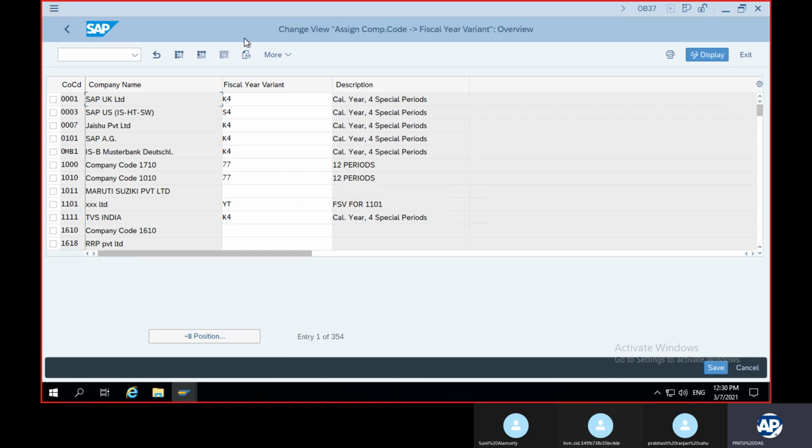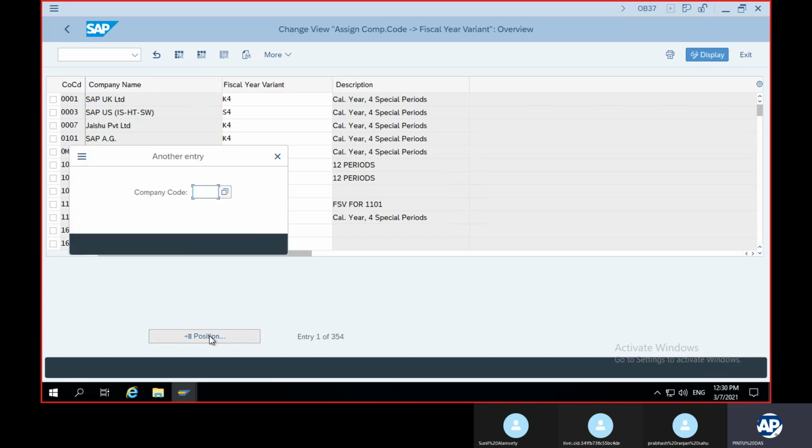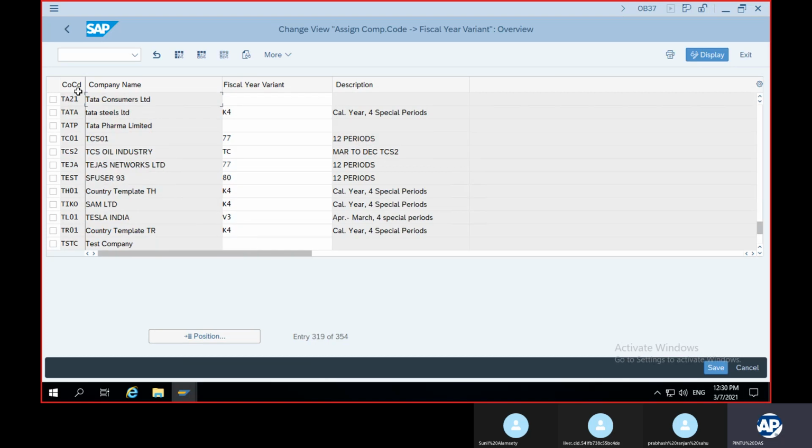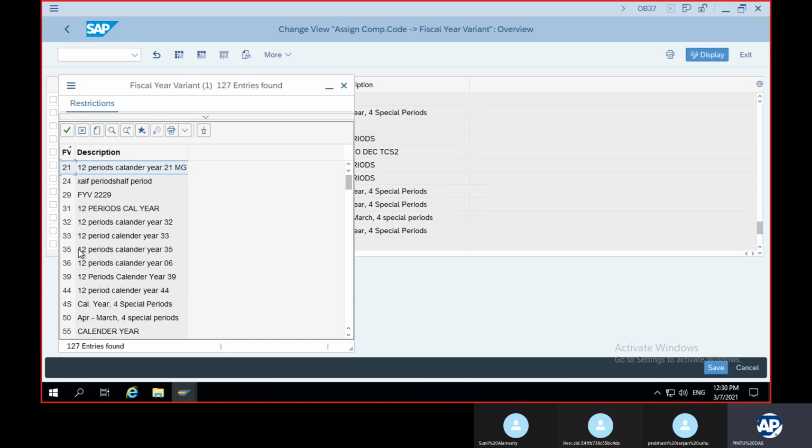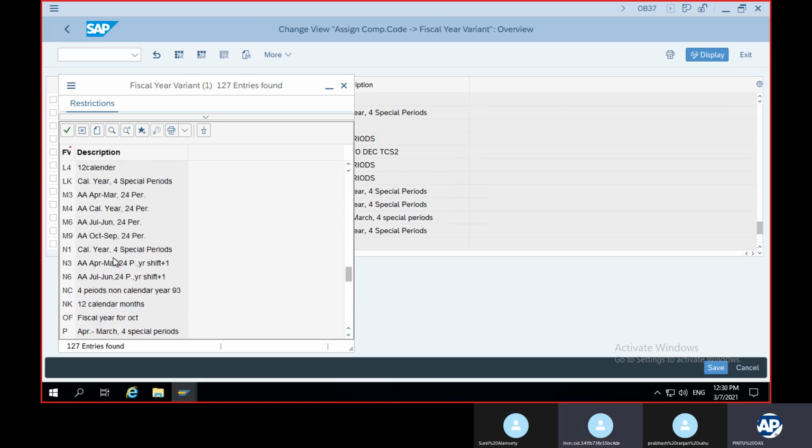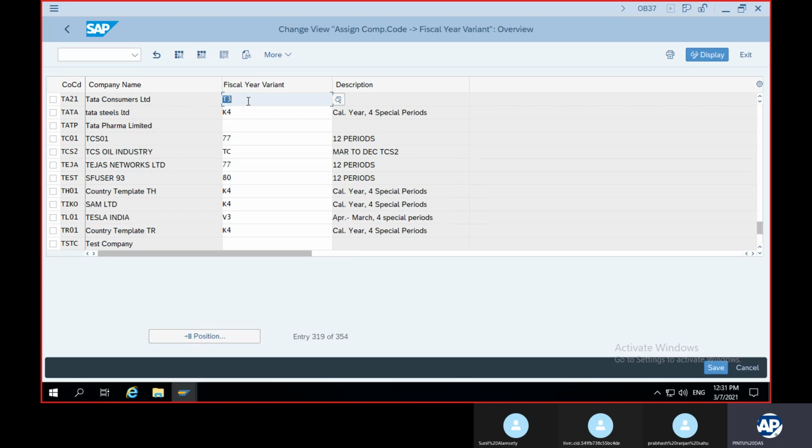Yes, this is the screen, there's no option for new entry. You have to click on the position button, give your company code, and here you will find the fiscal year variant. This is T3. So your fiscal year variant has been assigned to your company code. After giving this, you save here.